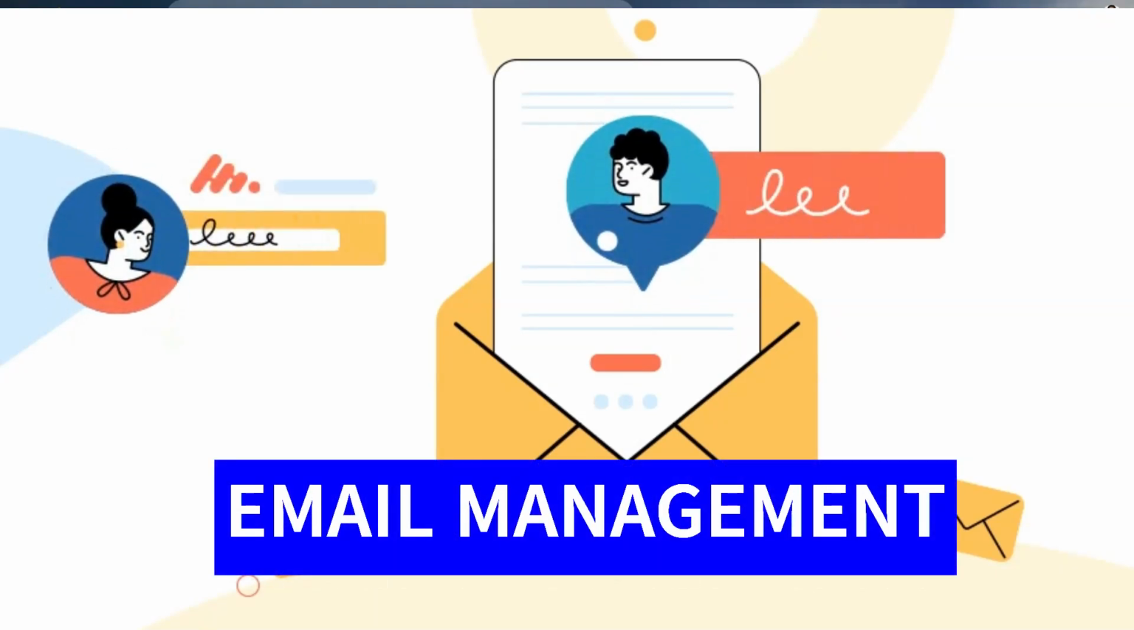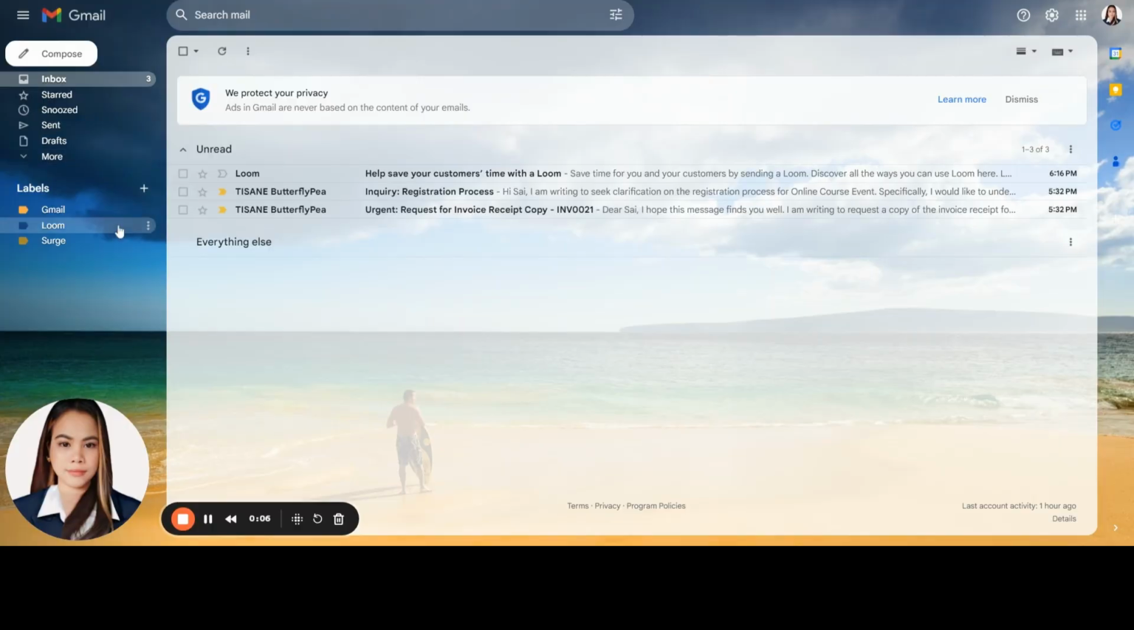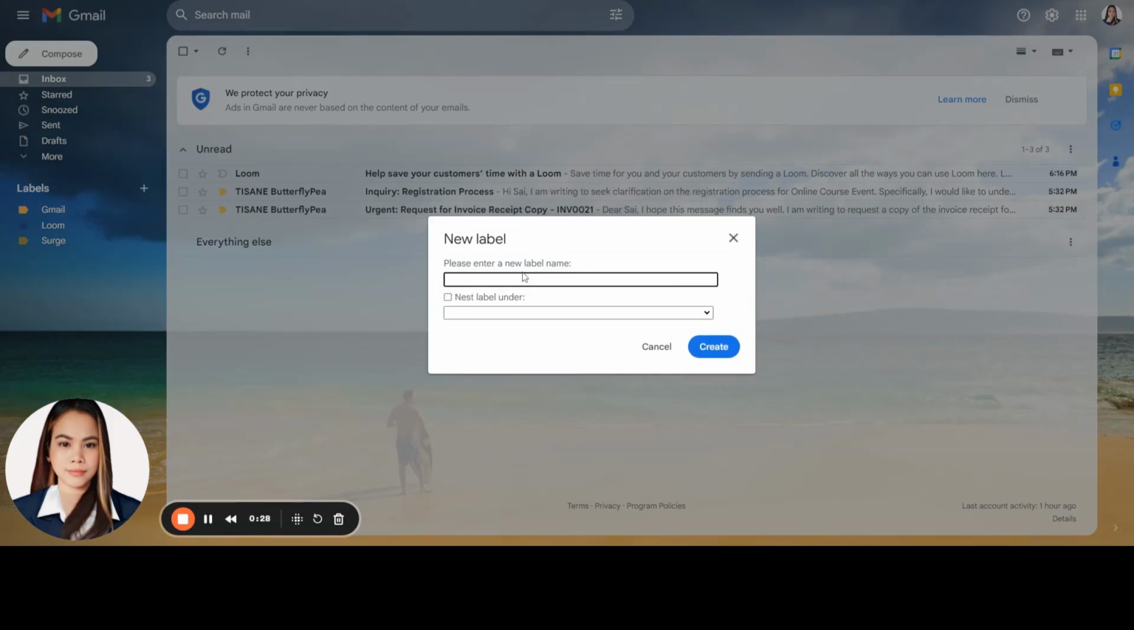Today we will learn how to manage and organize our email. Let's begin with creating a folder label. First, we need to identify how we categorize our emails. It's either through email concerns or tasks that we have received from our clients. For example, by checking the subject of this email that I have received, we can create a folder regarding inquiry